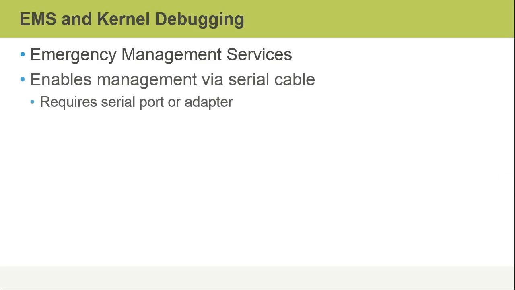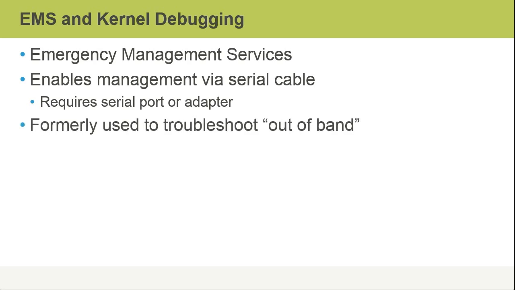Services is used by administrators to troubleshoot problematic servers through a serial cable connection. That means the server itself must physically have a serial port, or you would need an adapter, perhaps a USB to serial adapter. However, this could be a problem with some virtualization solutions if your Nano server is running as a virtual machine guest. This was used a lot in the past to troubleshoot the operating system out of band, where we can't connect to the operating system remotely over the network like we normally can, so this is an